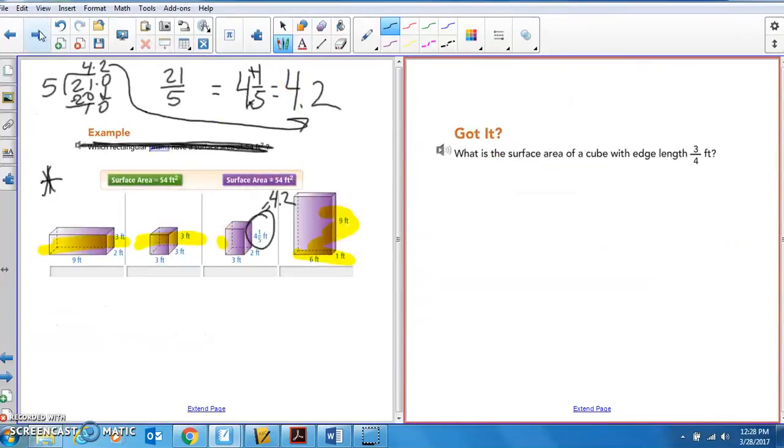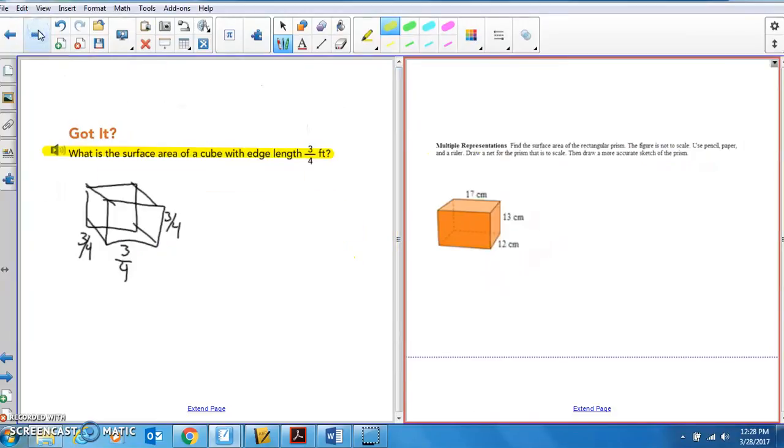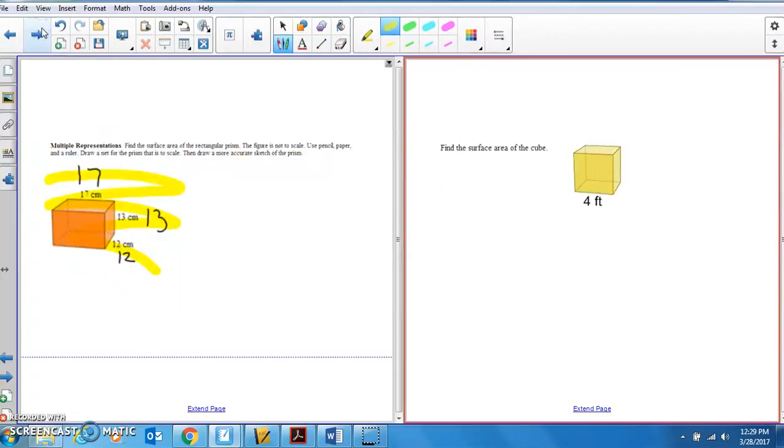All right, if you'll do this one right here, you want to think about a cube has all sides equal, so your length is 3/4, your width is 3/4, and your height is 3/4. And then, if you'll do this one, that is 17, that is 13, and that is 12. So if you'll do this one, and then if you will do this one,